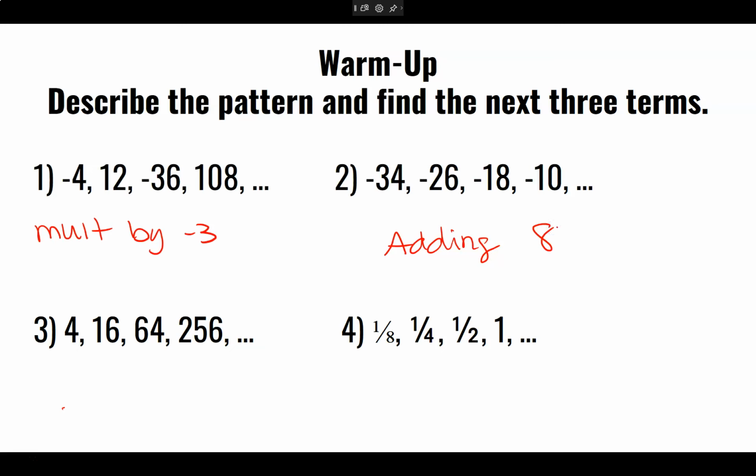All right. 4, 16, 64, 256. We are multiplying by 4. And then 1/8, 1/4, 1/2, and 1. Times 2. Good, yeah. We're multiplying by 2. If you're ever not sure of what's going on, you can pick a term in the sequence and